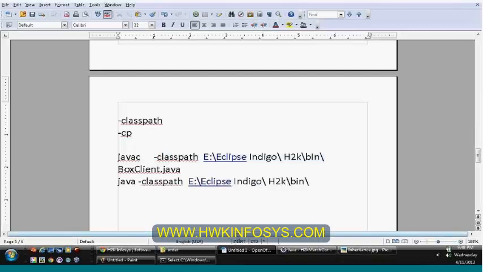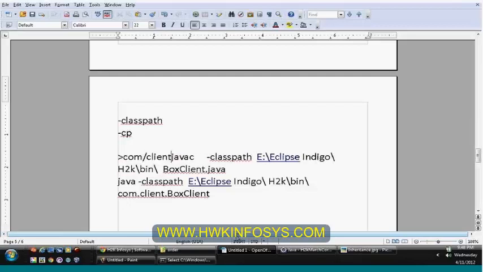And this time, remember, you need to execute with respect to the package only: com.client.BoxClient. And for this execution, you should be inside the com/client/ folder. You should be inside this folder only.